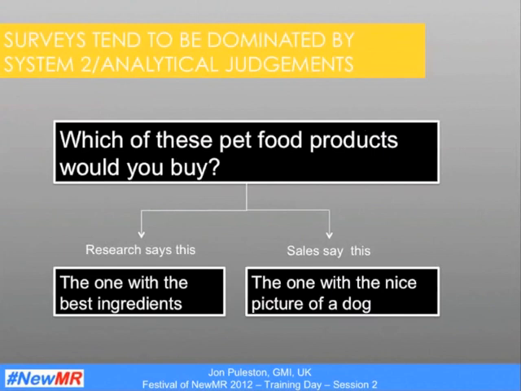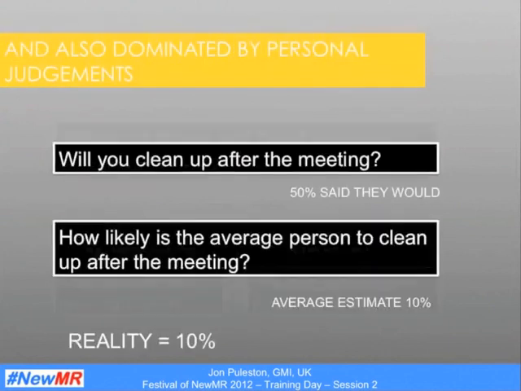So the research that comes out of that might suggest that the product with the best ingredients is the one that people buy, whereas sales might argue that it's actually the one that's got the nicest packaging. And often you can't pick that up with traditional questioning techniques. There's also an issue of the way that we often ask questions from a personal perspective all the time. And I would encourage people to open that out to think a bit more projectively.